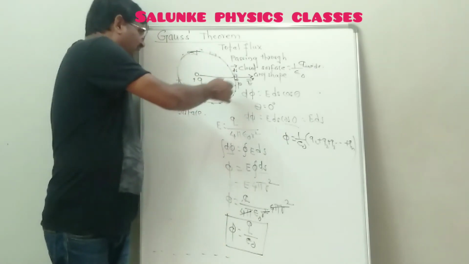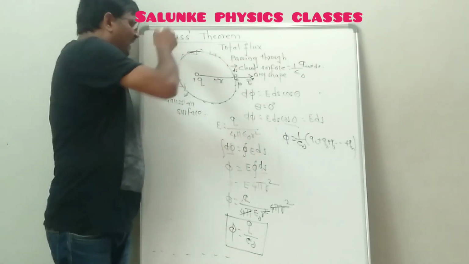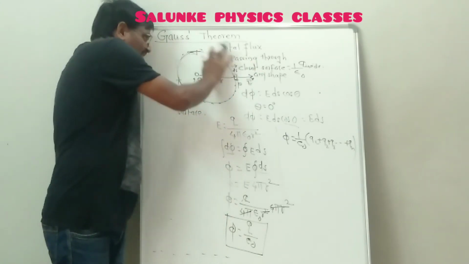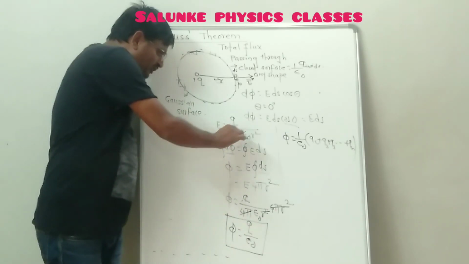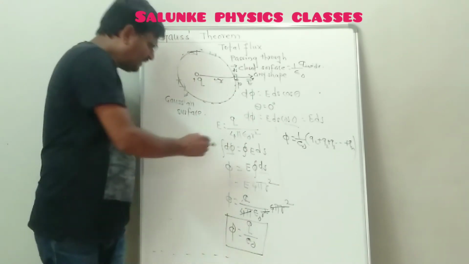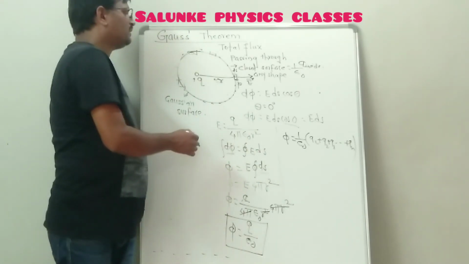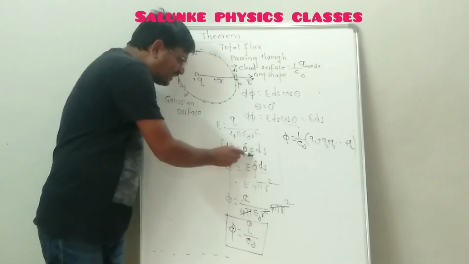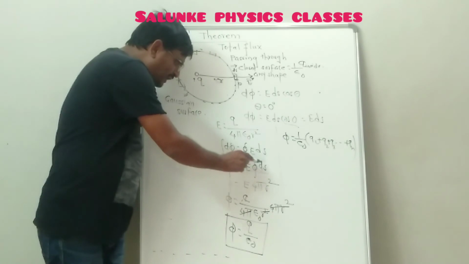Now this spherical area which we have taken is made up of many small areas. We want to find out the total flux passing through this closed surface area. We have to take the integration on both sides. Integration of d phi is phi, which is equal to the integration of E ds. Electric field intensity is the same at any point on the surface. Therefore, this term can be taken outside the integration. What remains? Integration of ds over closed surface.